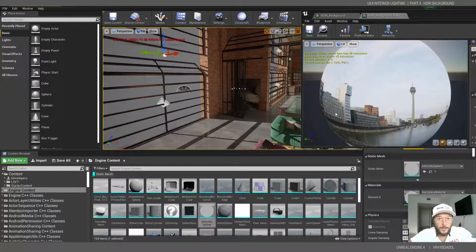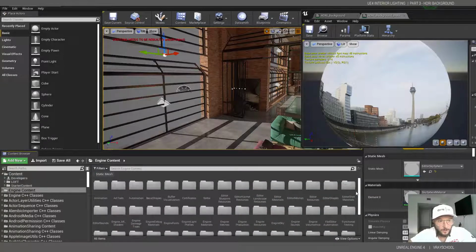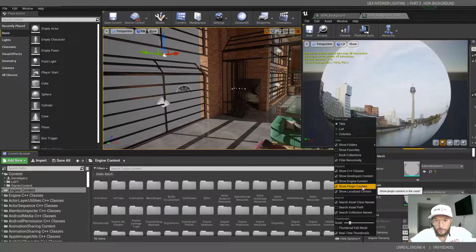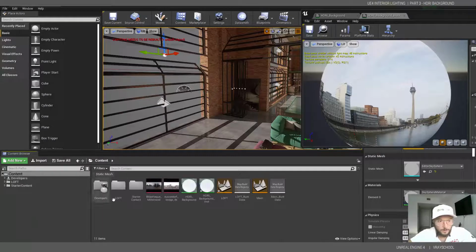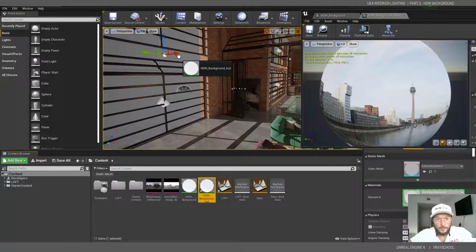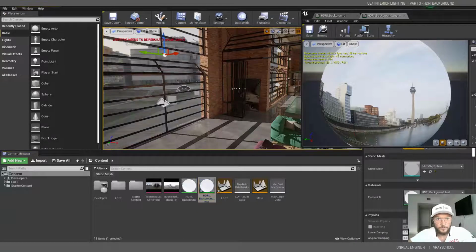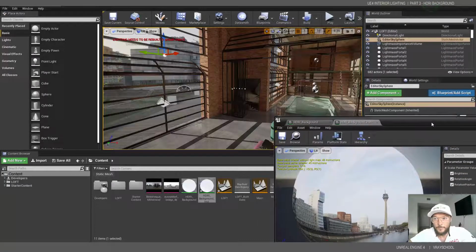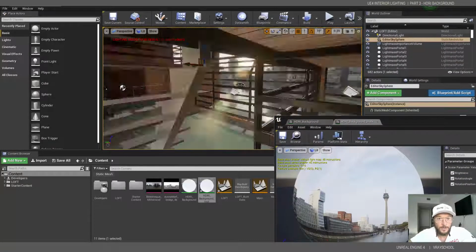So I'm gonna drag and drop it right there. Now into this editor sky sphere, I'm gonna exit out of my static mesh, and I'm gonna close back the engine content. So here I can drag and drop my instance, whatever I created just right now. I'm gonna drag and drop into this background, and voila, we have our Düsseldorf